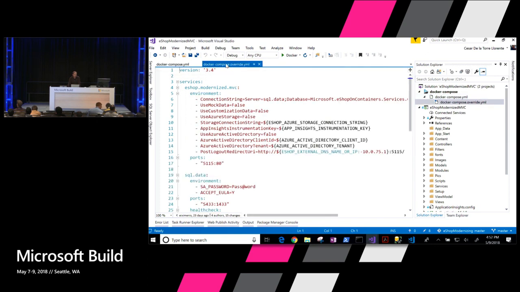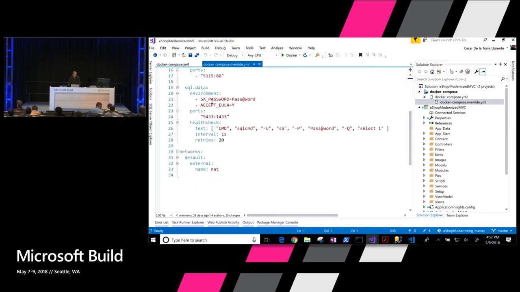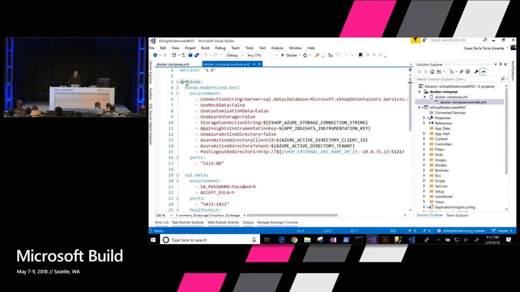And then in the Docker Compose override, you can see that we are putting the specific information for this environment. When we create that SQL container, I'm going to use this password or these ports externally, internally, and so on. And then saying that my application is not just using a port, but also I'm using environment variables for the connection string, or saying if I want to use the mock data or not,